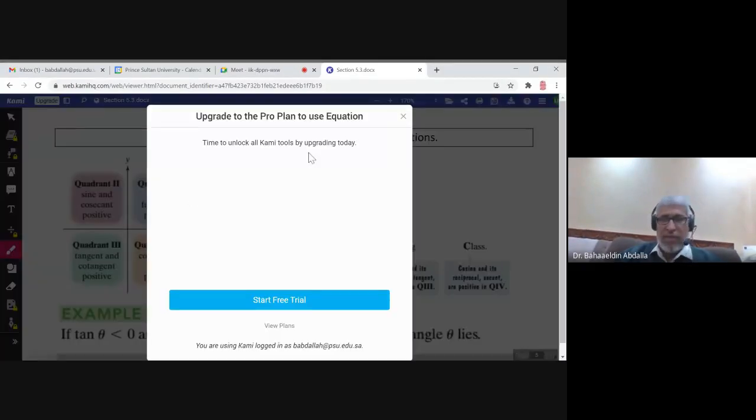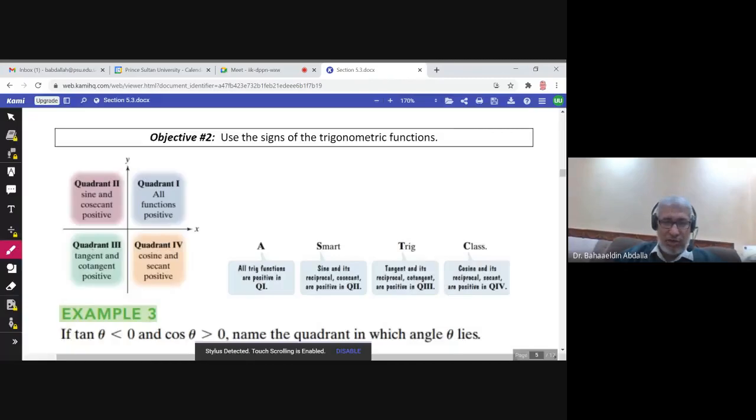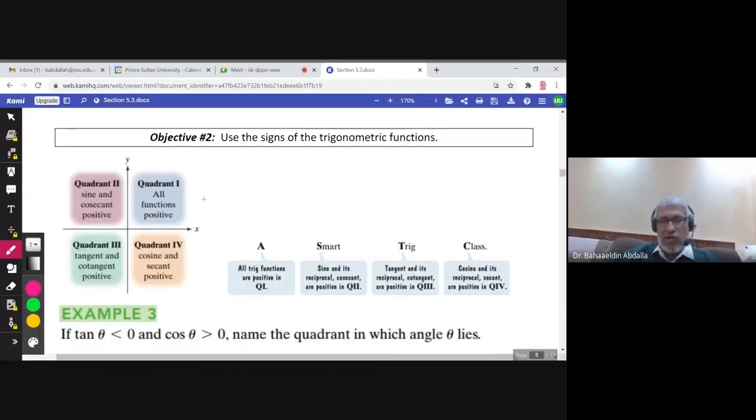5.3, and this is the second objective. In the first objective, we defined the 6 trigonometric functions of any angle. We said that sine theta is y over r and cosine theta is x over r. In objective 2, from the definition of sine and cosine, we can talk about the signs of